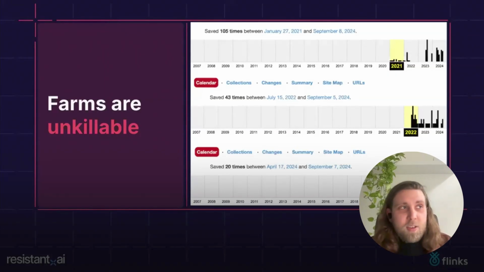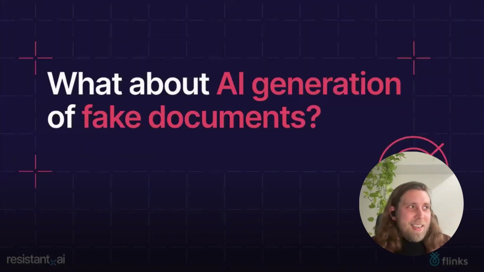Unfortunately, I think we can only expect there to be more farms as time goes on, because to some degree it's very easy to replicate once you have the underlying components in place, such as a template database. You can quickly set up a website selling all of these. So that's the main intel we've been able to gather on the template farms, and considering the time, it's time we get to the next hot thing that's been circulating lately, and that's Gen AI.